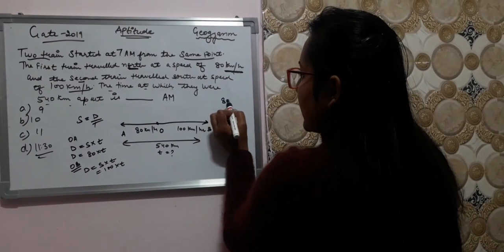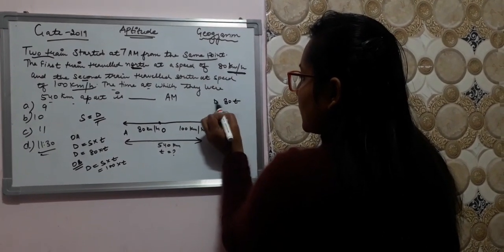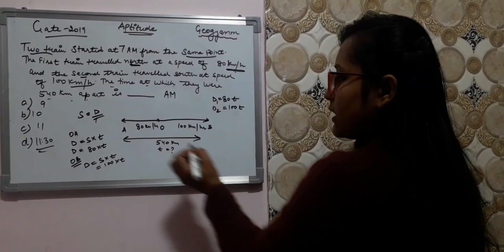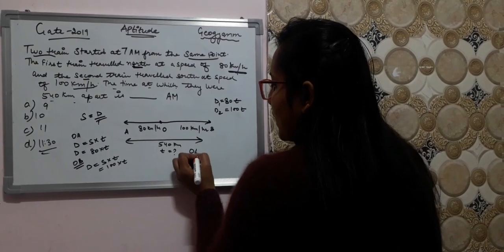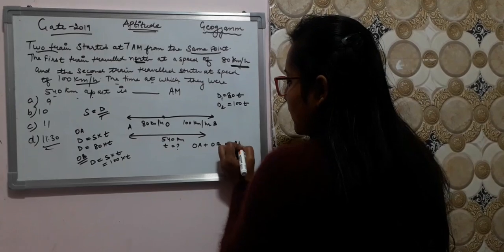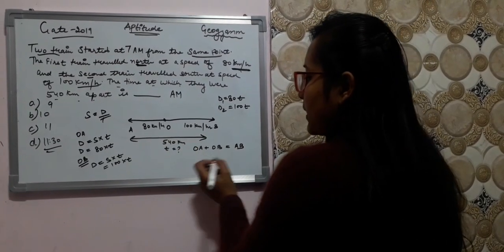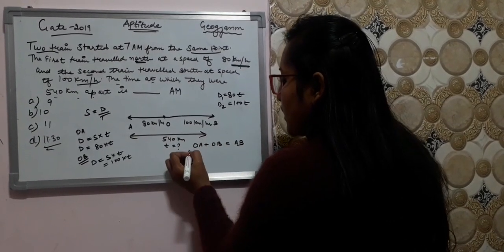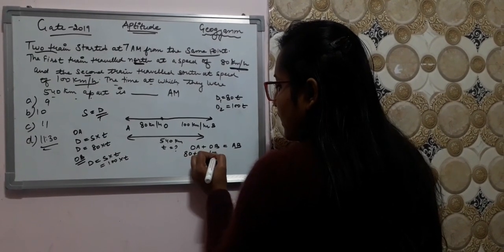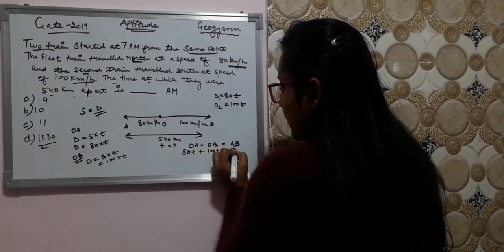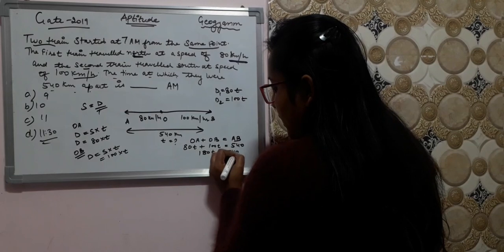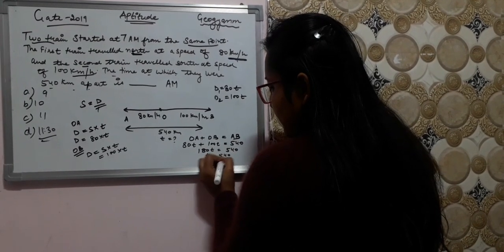So one value is 80 T for D1. For D2 it is 100 T. And what they are saying is that OA plus OB is equal to AB when they are 540 kilometer apart. So we will write this value over here: 80 T plus 100 T equal to 540. So it will be 180 T equals 540. So T will be